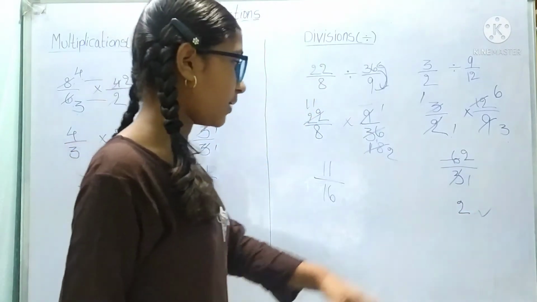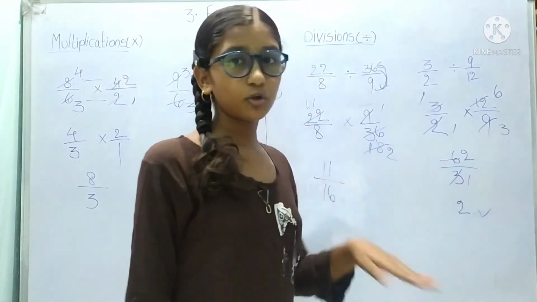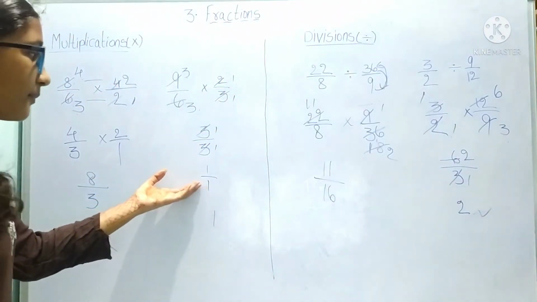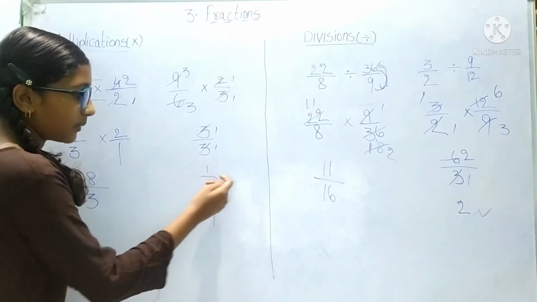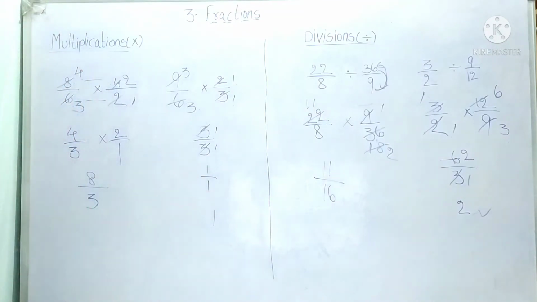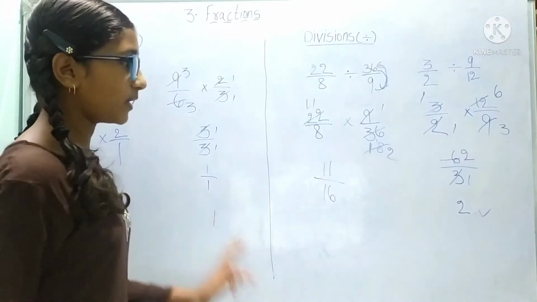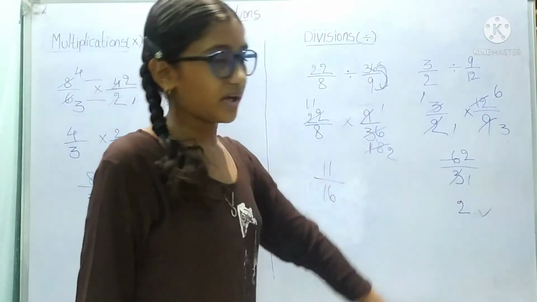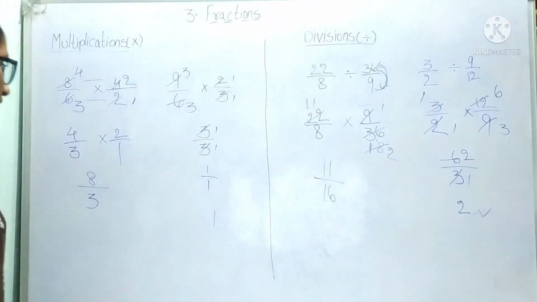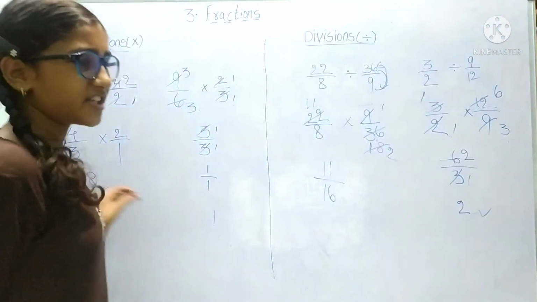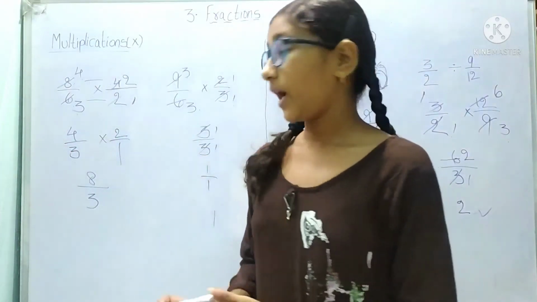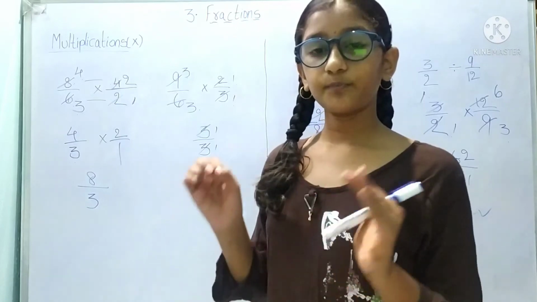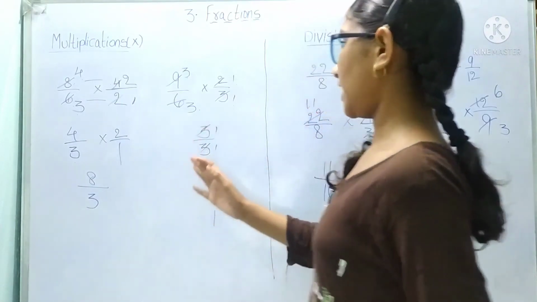If any number has 1 in the denominator, don't represent it; just write the numerator. Here I am doing 1 by 1, and I remove it and write 1, only the numerator we got. In the denominator, if 1 is there, we can write only the numerator as the answer. Fractions are very simple, and in fractions, addition and subtraction cause some little confusion,